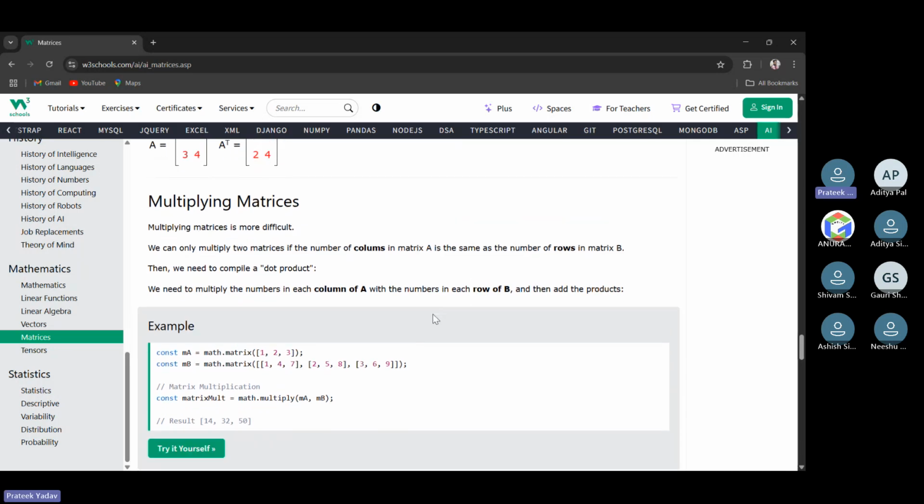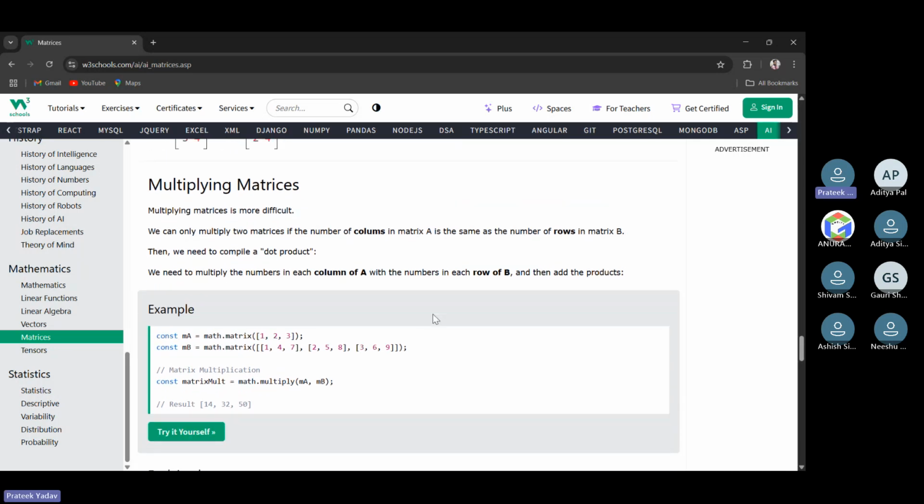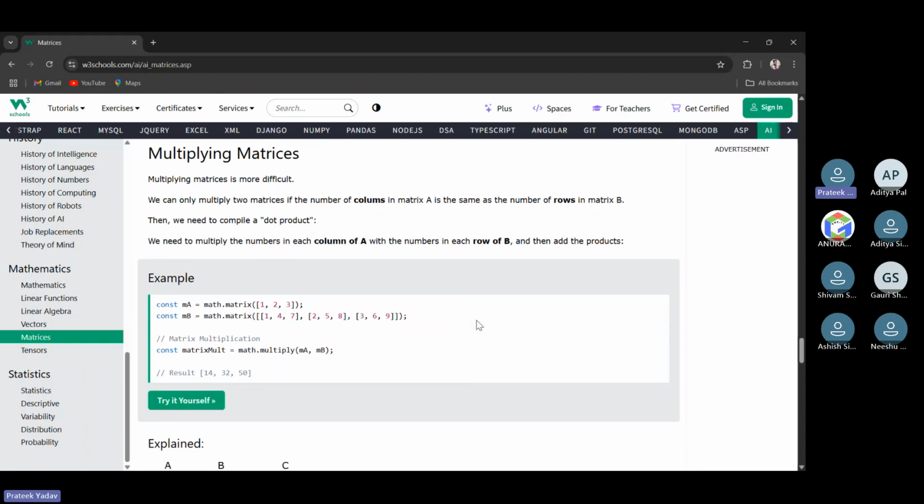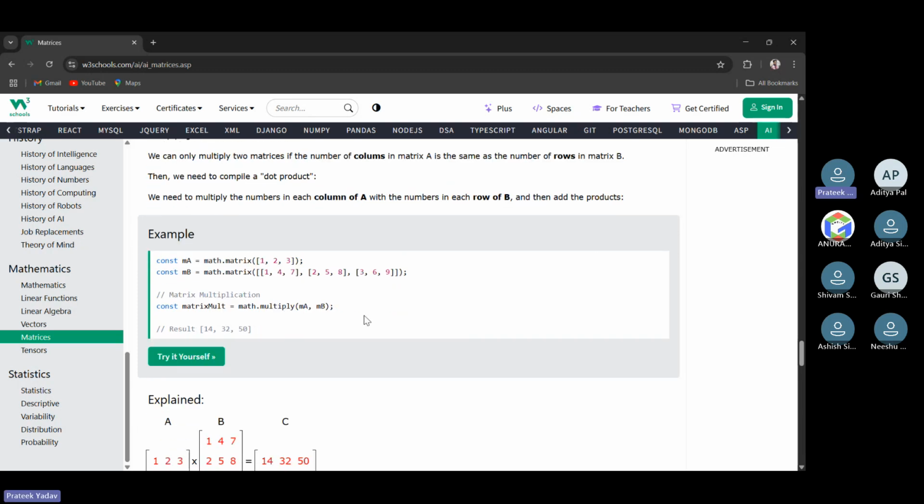Multiplying matrices is more difficult. We can only multiply two matrices if the number of columns in matrix A is the same as the number of rows in matrix B. Then we need to compute a dot product. We need to multiply the numbers in each column of A with the numbers in each row of B and then add the products. Example,